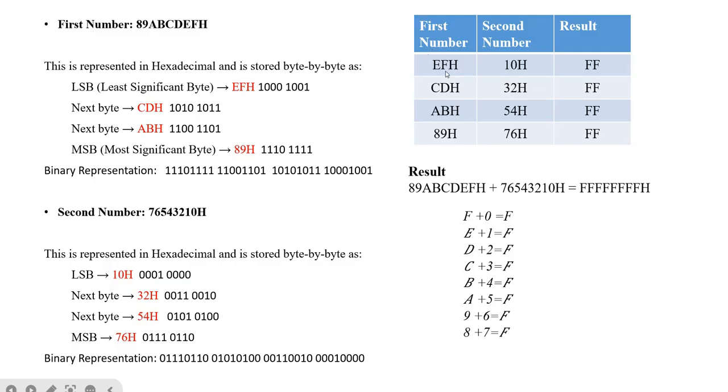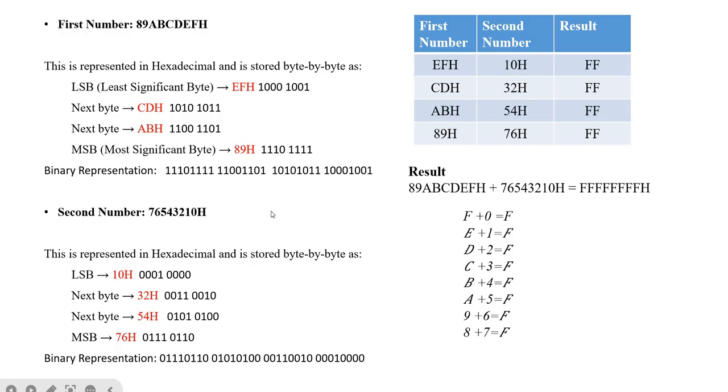This is the least significant byte of the first number, and this is the least significant byte of the second number. The least significant byte of the first number is EF, which can be expressed in binary as this. Similarly, the next byte is CD with its equivalent binary, then AB and its binary, then 89 and its binary.